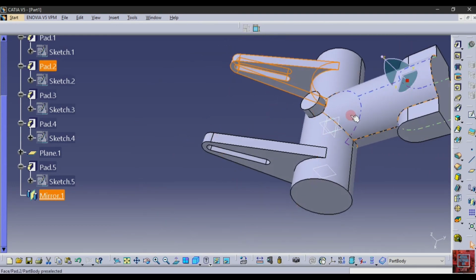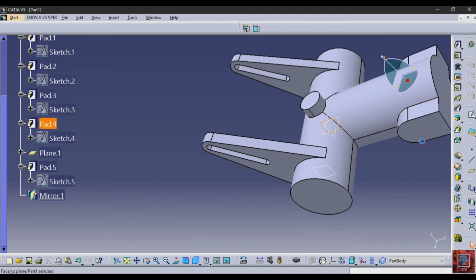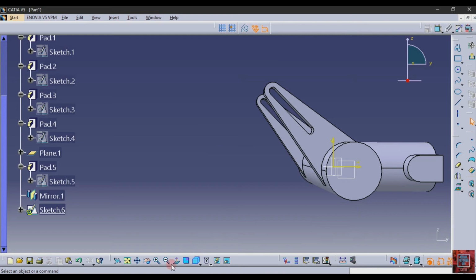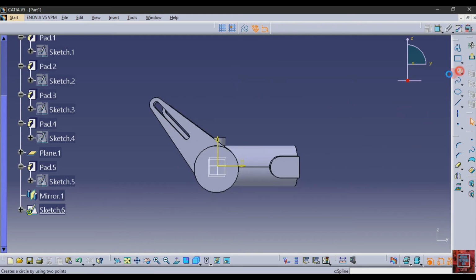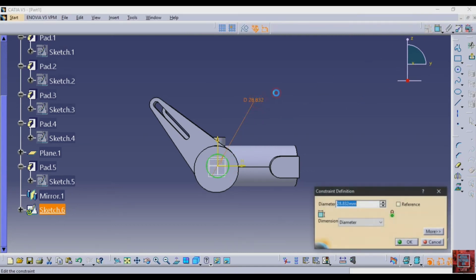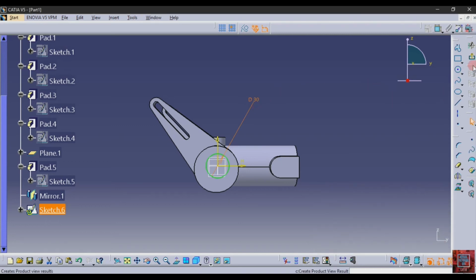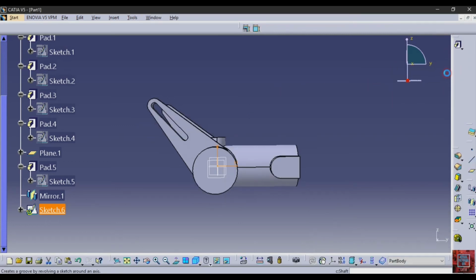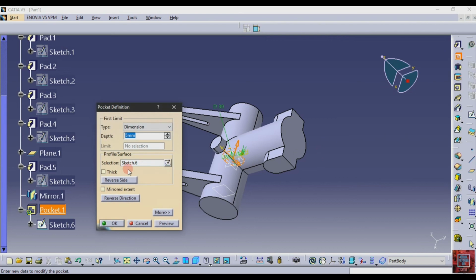In the last, we only need holes. For that select this plane and fit to screen, then select a circle, make a circle and give the diameter 30, exit sketch. Pocket, select pocket, mirror extend and then the type up to last, preview.